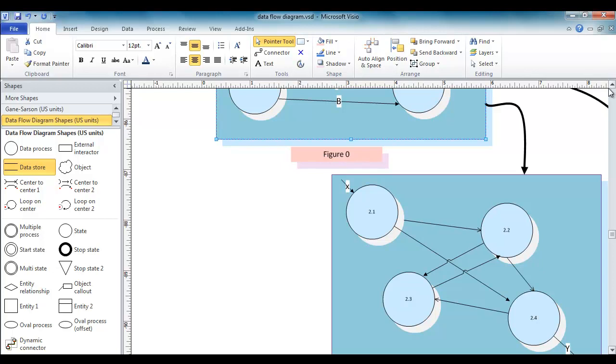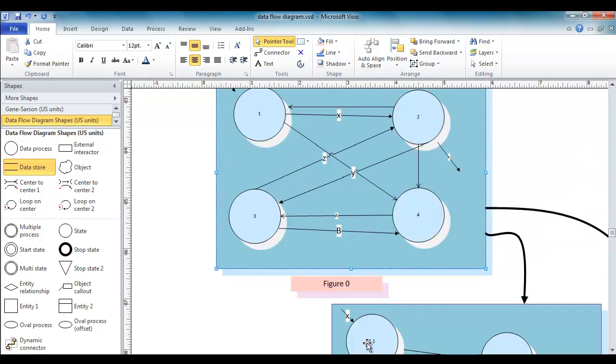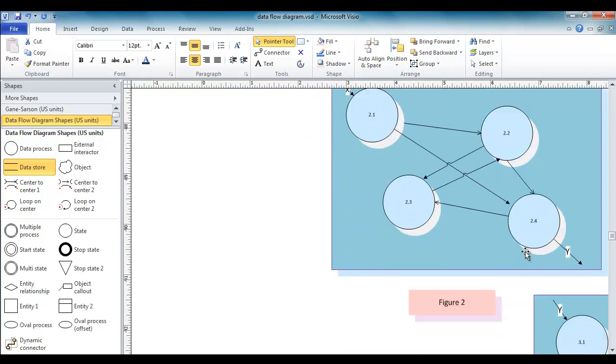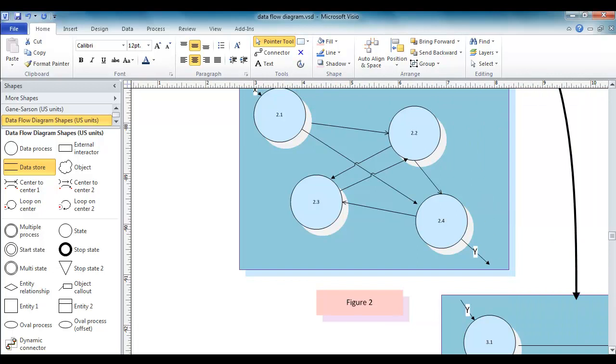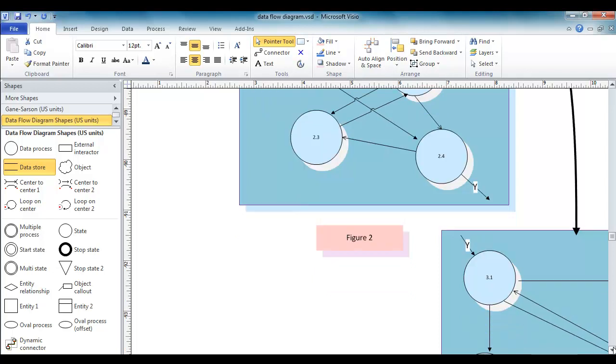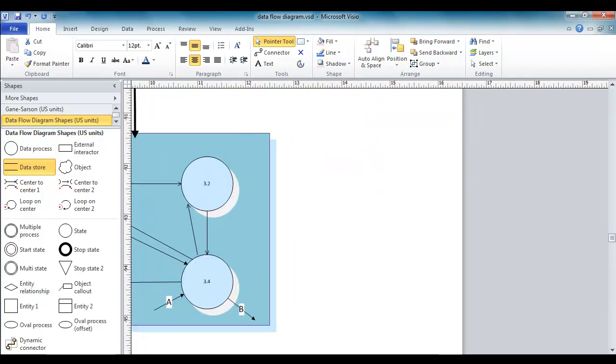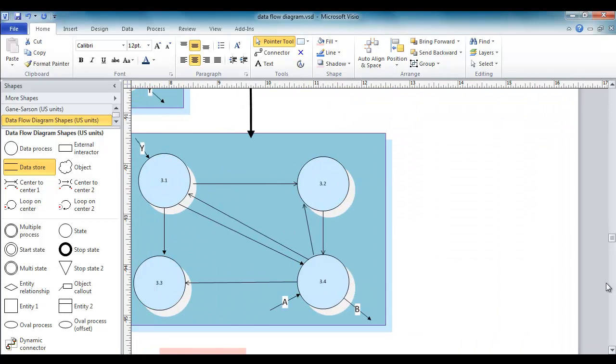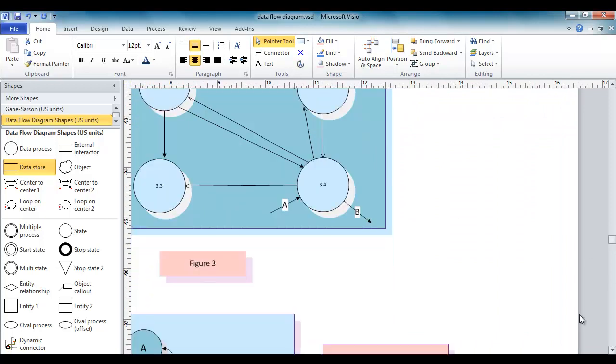Normally if the process had a name, it would be a process name, and then the version name, like 2.1, 2.2 or whatever it is, and it will go to the flow. Then again, you see 2.4 is getting out from here, and you can see it's a Y. And again, this is a third diagram also, and this process enters here with 3.1, and you can see the 3.1 in the figure, and that's how you actually go on with multiple DFD diagrams. Do not try to put more than 6 bubbles in one of the